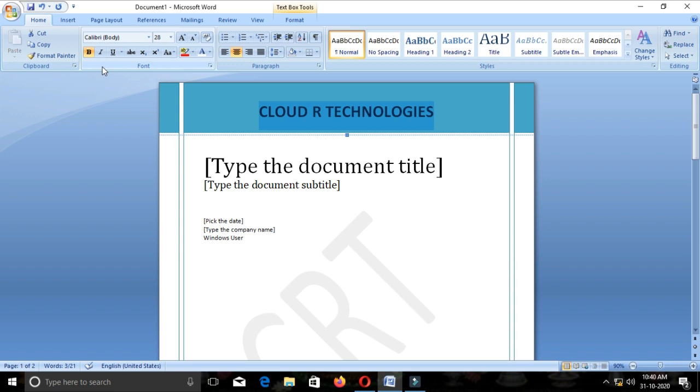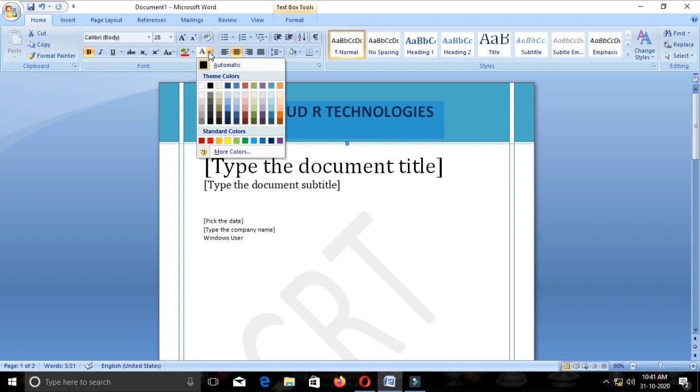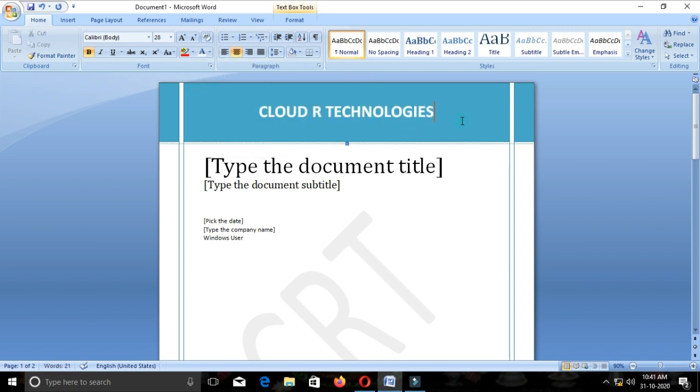Yes, this is okay for me, but I still need to change some contrast. So I am changing the color of the font, making it white. Yes, it is somewhat better for contrast. Okay, now